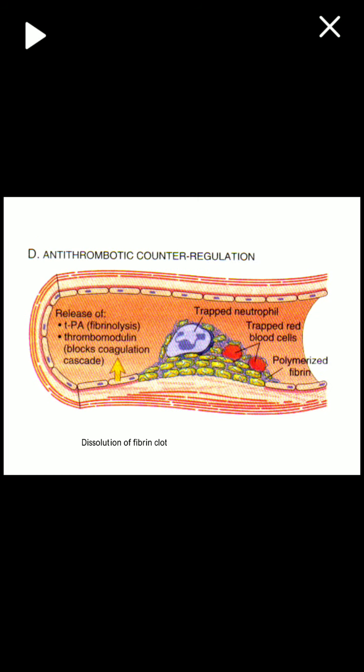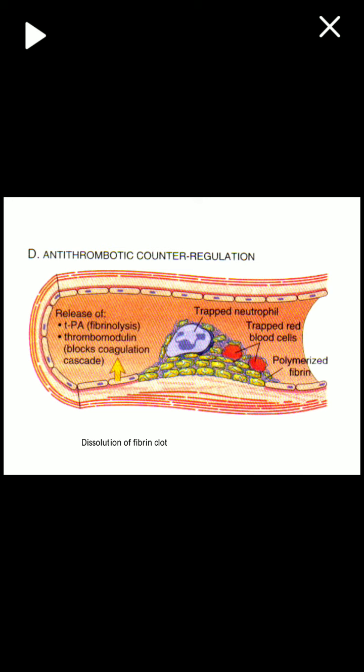So next is tertiary hemostasis. The meaning of tertiary hemostasis is basically that once the clot or the scab is formed, that clot has to dissolve slowly. This is called dissolution of the fibrin clot, which is formed due to secondary hemostasis. This occurs due to release of TPA, tissue plasminogen activator. That is also helpful in fibrinolysis.